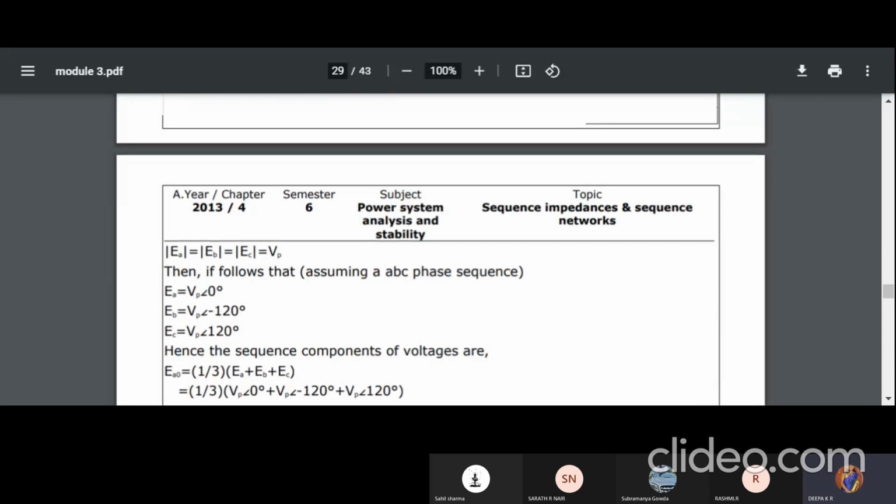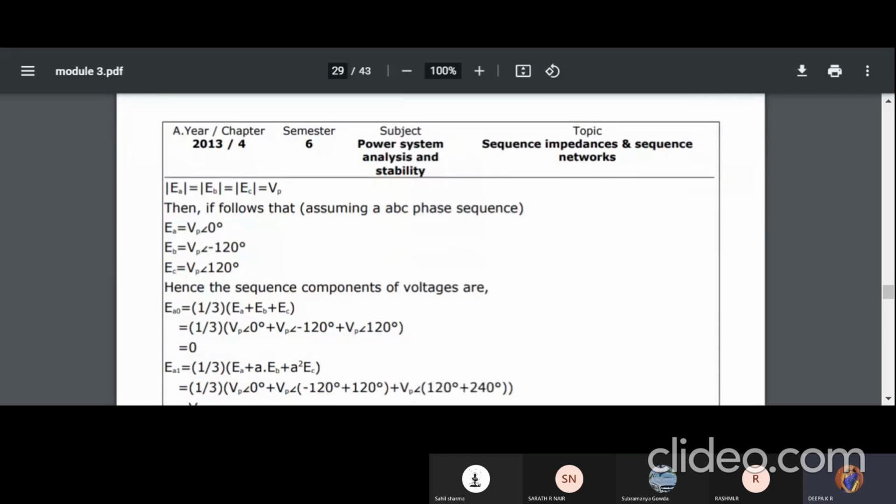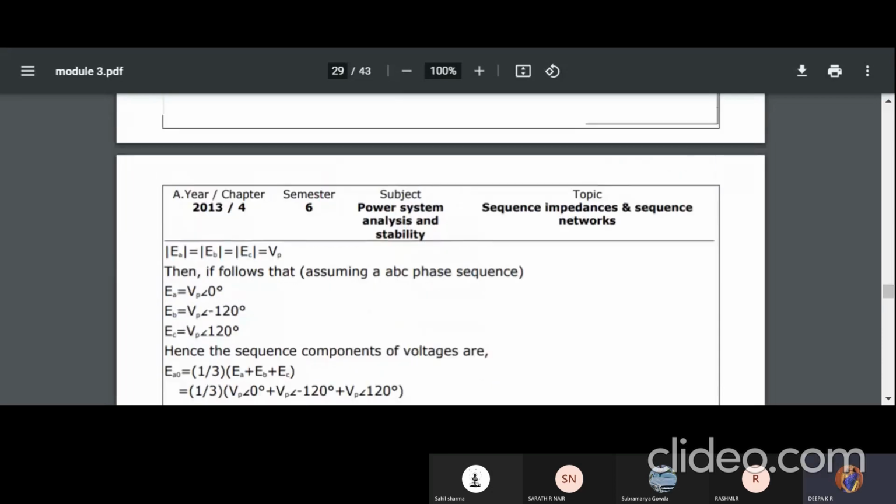Is it necessary to go for rectangular conversion to find the answer? You can do it directly. Is it possible to do it directly, guys? VP is an unknown term because we do not know its numerical representation. Let it be. But VP at an angle of 120, one is plus, one is minus. So plus and minus get cancelled, and I am left with 0. 0 multiplied by anything, I am going to get just 0 itself. So the first sequence is 0. Is it correct, Sharath? Mathematically it is correct?